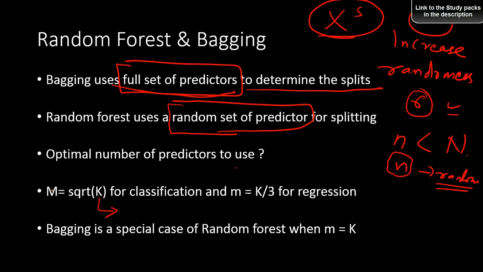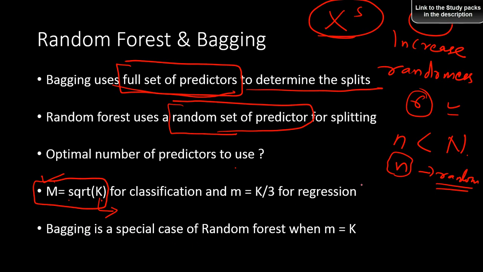Then you take m, which is the optimal number of predictors, as just the square root of k. There is no thumb rule as such. You can keep on changing. It all depends on you. But it has been seen that this is probably the best way to get the optimal number of predictors